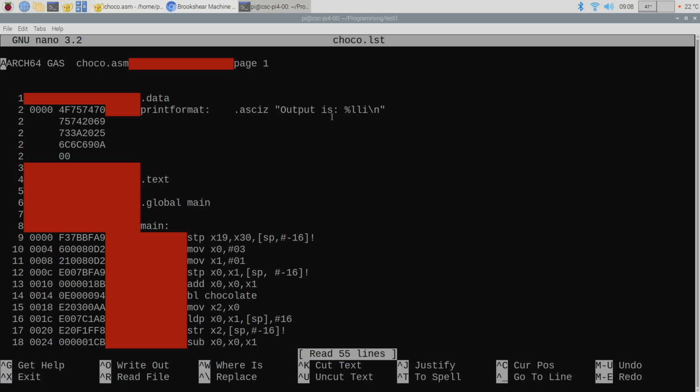32, right. So one of the nice things about the ARM architecture, similar to the Brookshear architecture, how much data was required for every single instruction in Brookshear's architecture? Each instruction took exactly how many bytes? 2. Okay, great.